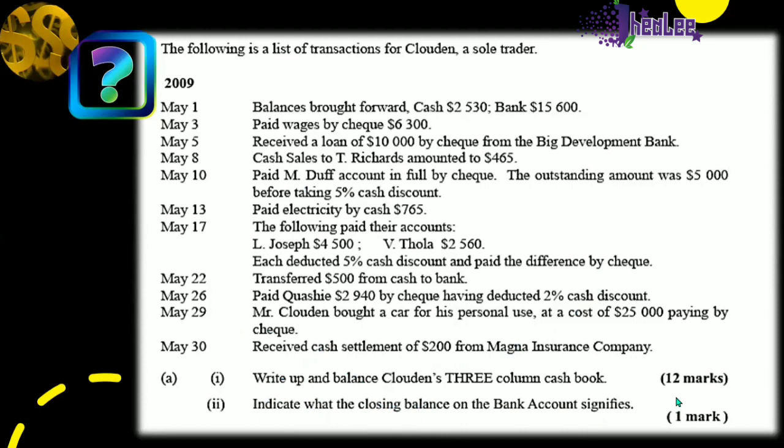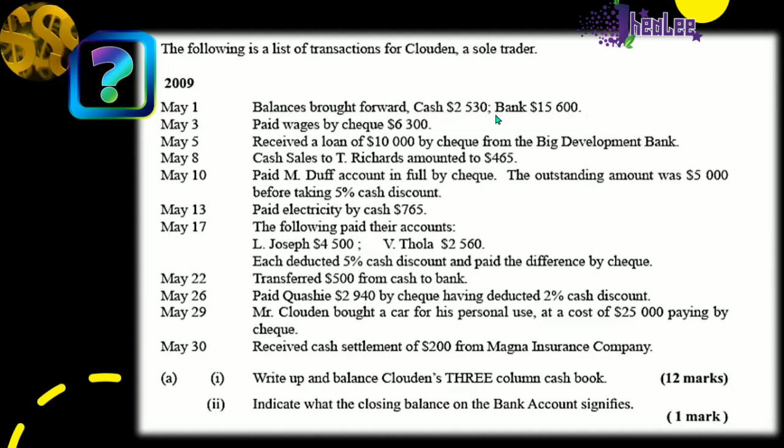Yes, remember, the cash book has the cash account and the bank account in the one book. But you are required for the second part of this question to indicate what the closing balance on the bank account signifies. So we're going to prepare the cash book, and the first transaction reads, May 1st, balances brought forward